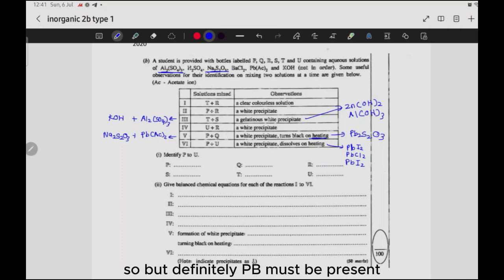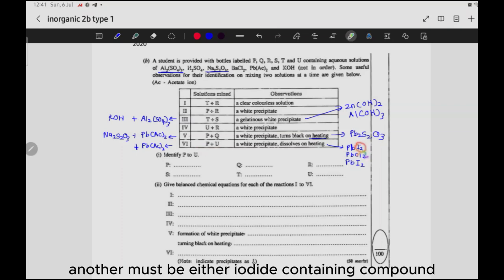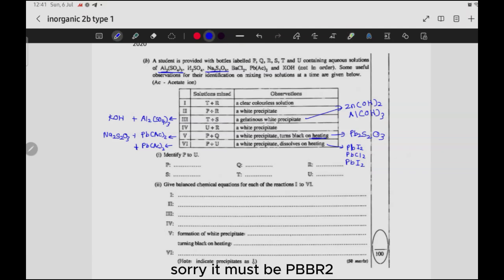But definitely Pb must be present, so Pb is present only in lead acetate, right? Definitely one solution must be lead acetate. Out of these two, one must be lead acetate, another must be either an iodide containing compound or a chloride containing compound or a bromide containing compound, sorry, it must be PbBr2,